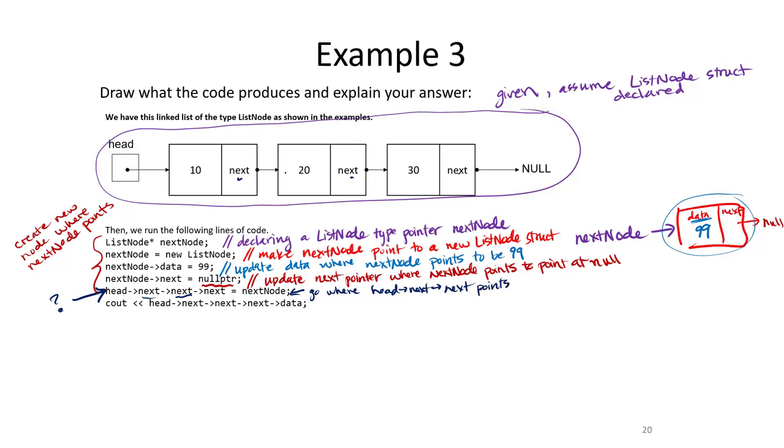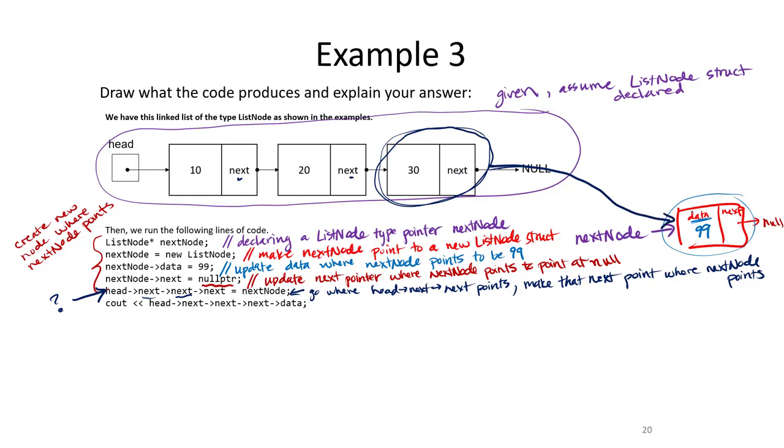So head arrow next points at this node, and make that next pointer point where next node points. So instead of pointing at null,